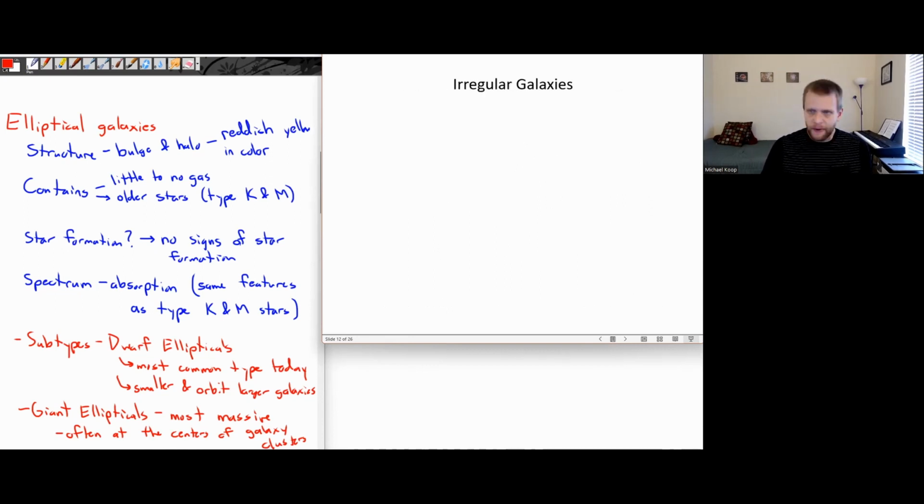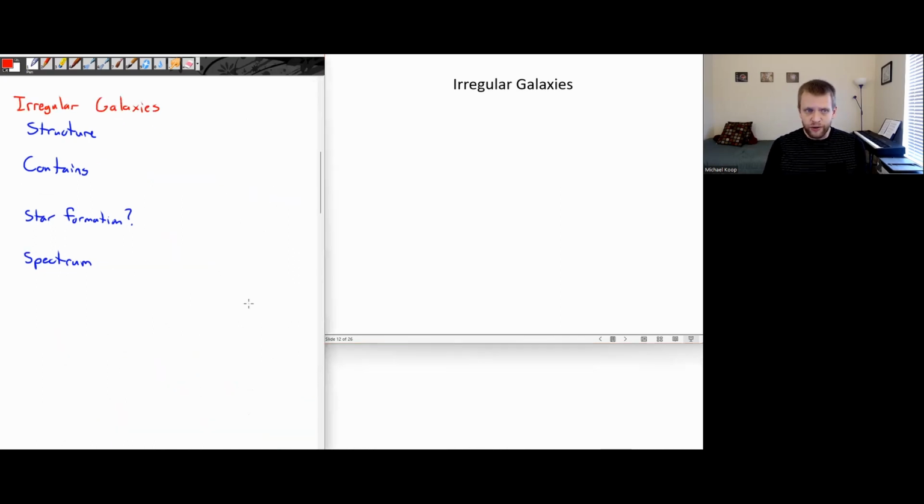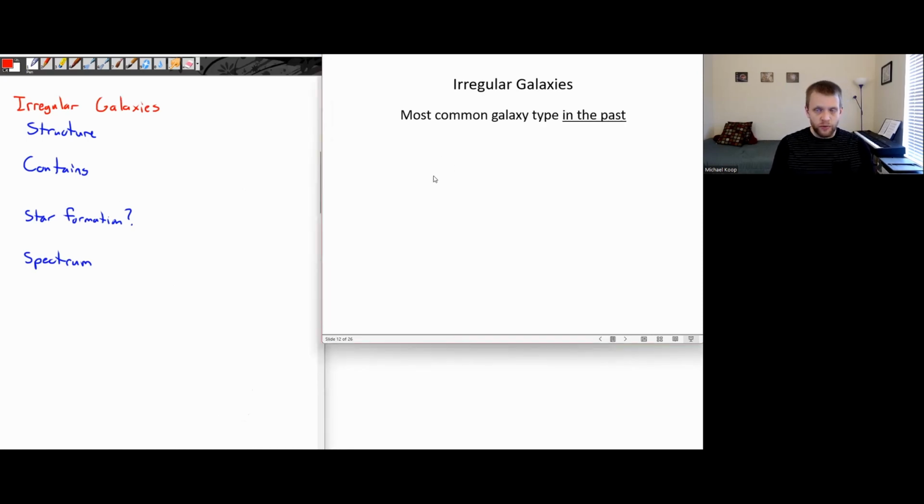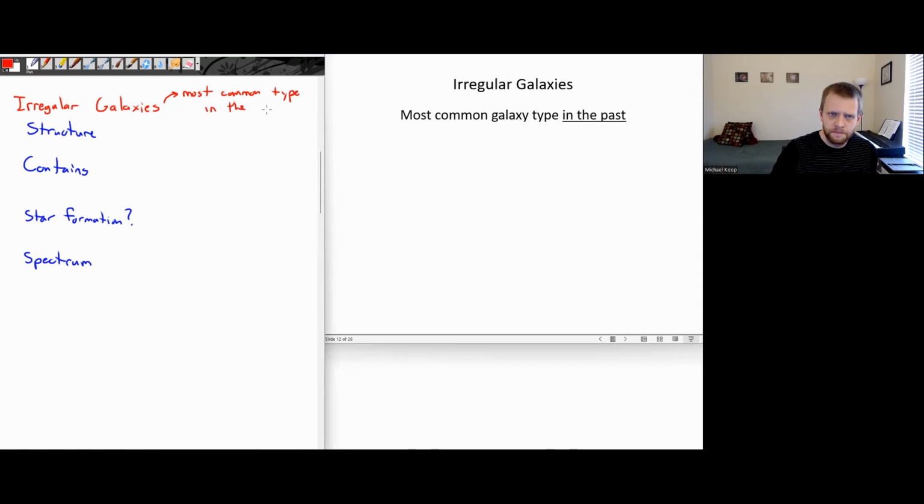Okay, so we've got spiral galaxies, we've got elliptical galaxies, and the last one that we're going to talk about is irregular galaxies. This is the most common type of galaxy in the past. And I should put a caveat to this one. So, most common type in the past, and I'm going to put a little asterisk right there